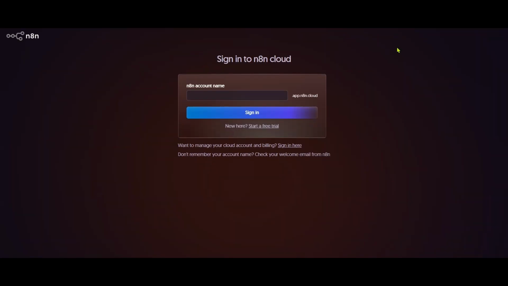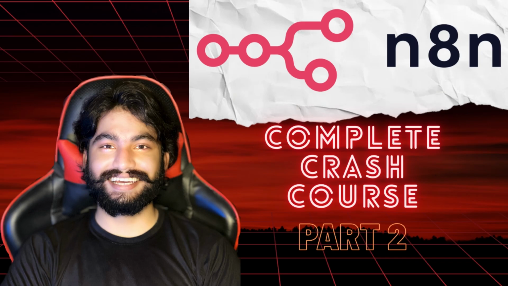Now, firstly, you have to log in on N8N.io and make an account that will last for 14 days on free trial. And if you want to buy it, then go on. Most important, if you want to local host, then you have to first install Docker Desktop. I have explained this in my previous video. If you want to locally host, then go and watch my previous video of this course.